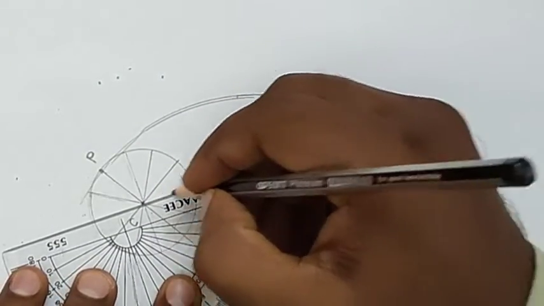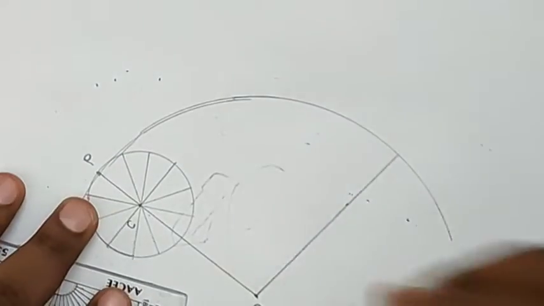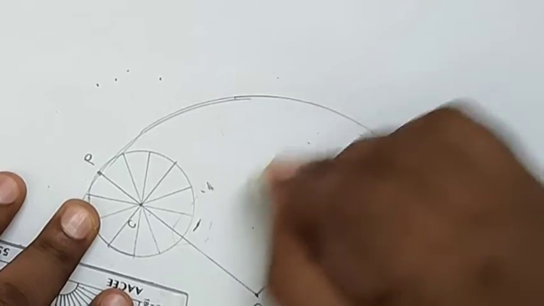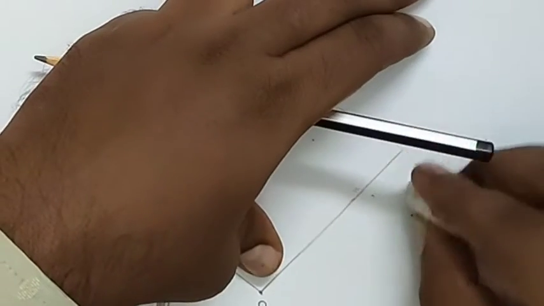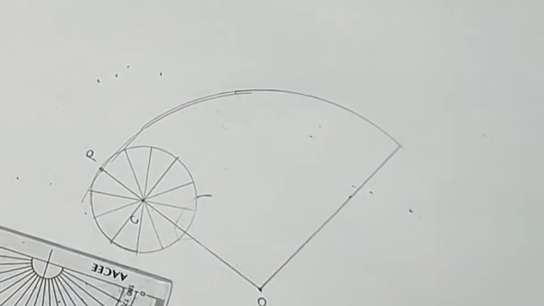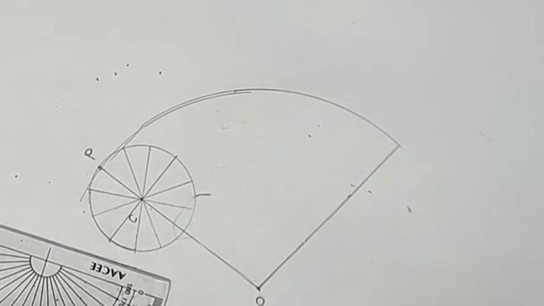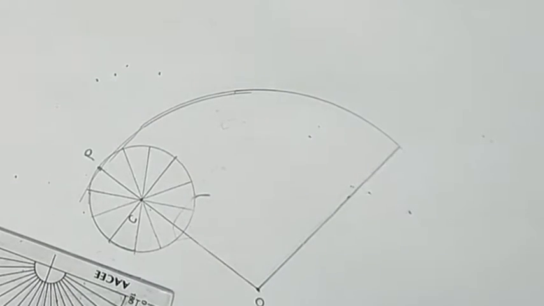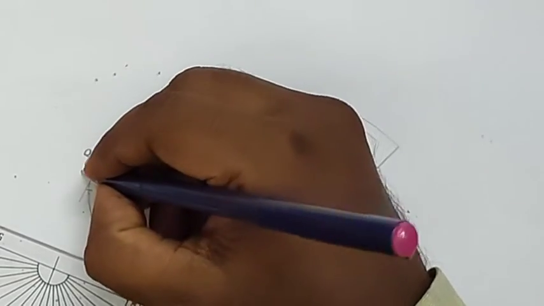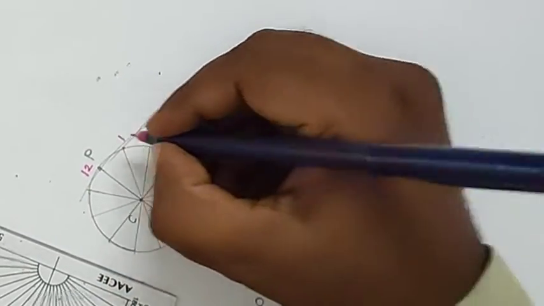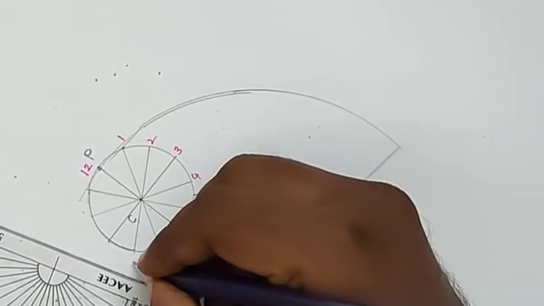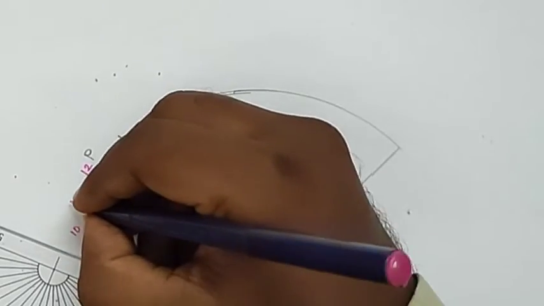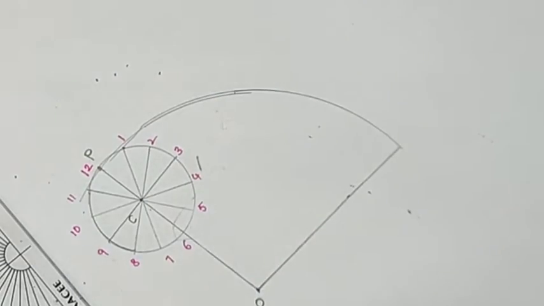So like that we will divide the circle into 12 parts. After dividing the circle into 12 parts, from the points on the circle we will draw the arcs. We will give the notations here. At point 2P we will get the 12 point. So 1, 2, 3, 4, 5, this is 6, 7, 8, 9, 10 and 11. In case of hypocycloid we will give the notations of the rolling circle like that.